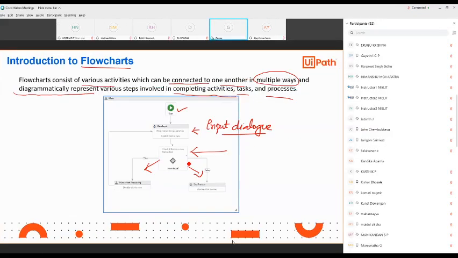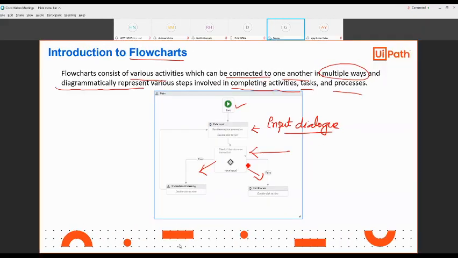Flowchart can be used for complex processes where multiple paths are given, so you want to clearly see where the motion is going, where the code is executing. And if you have multiple sequences, multiple executions, then you can go for a sequence. And in the case of a state machine, where you have multiple states executing from one state to another state, and maybe they can repeat the first state again, then you can use state machines.